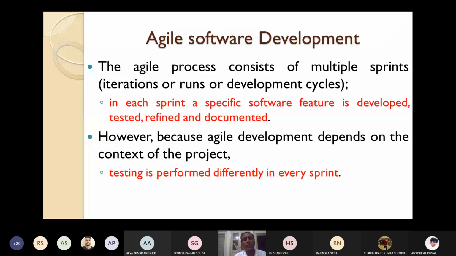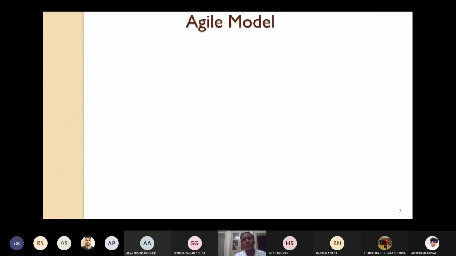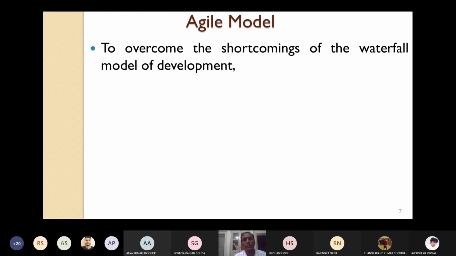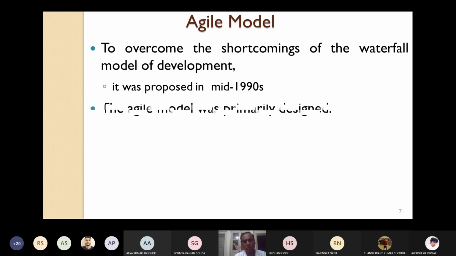I have already told you, the agile model was developed to overcome some of the shortcomings of traditional methods such as the waterfall model of development. This agile model was proposed in the mid-1990s. The agile model was primarily designed to help projects adapt to change requests.